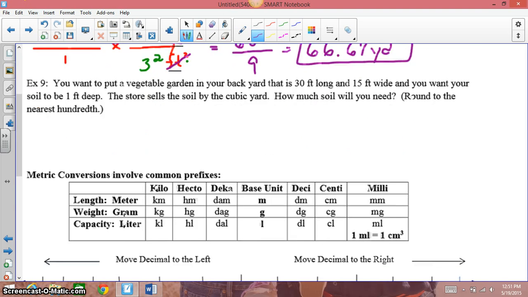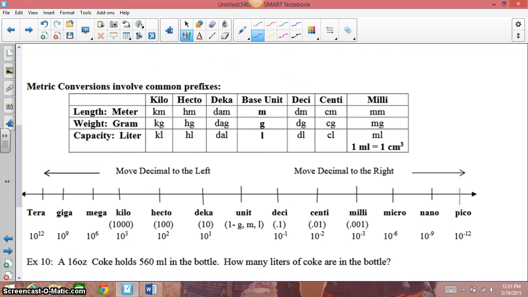I'm going to scoot on down to the metric conversions. You'll notice on your formula sheet that it's given to you in two ways, either in a table or, as you see, also in a number line format there. A couple of things that I'll draw your attention to. You have a base unit, whether you are measuring